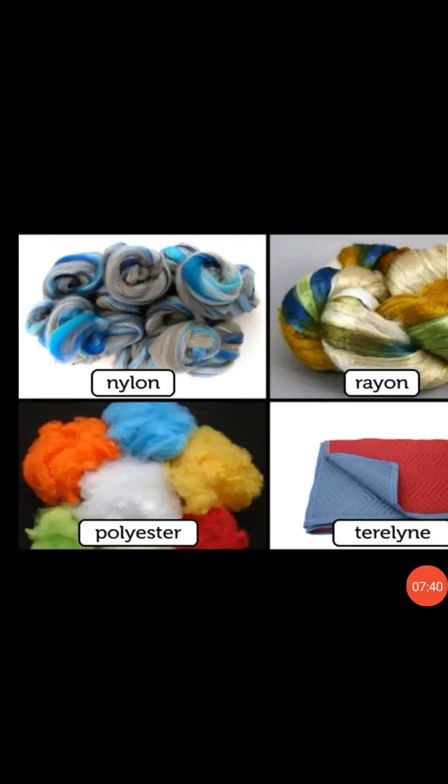Next point is rayon. Now, how is rayon made? Cotton and wool pulp is dissolved in a chemical called sodium hydroxide to make a solution. Threads are obtained from this solution with the help of machines. As these threads have shine and strength, they are said to be synthetic silk. They appeared to shine bright like the sun's rays. Hence, they were named rayon.